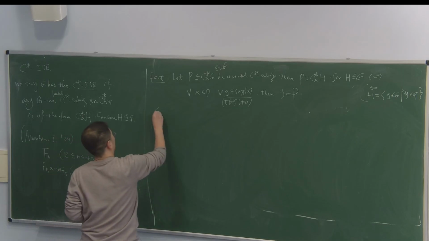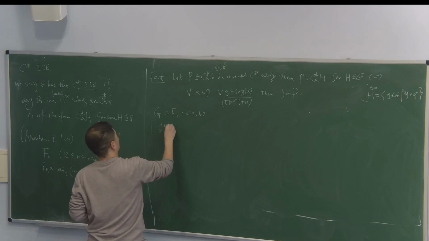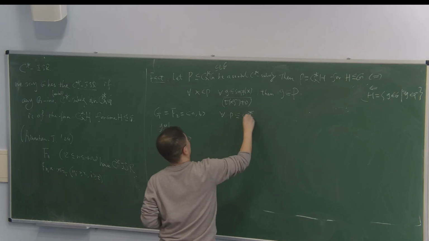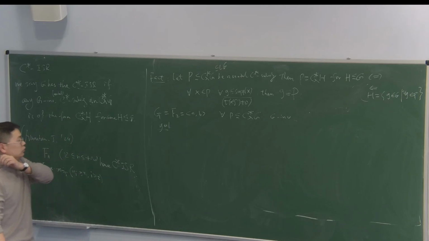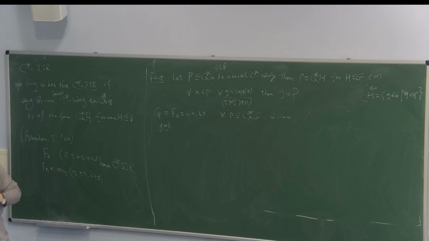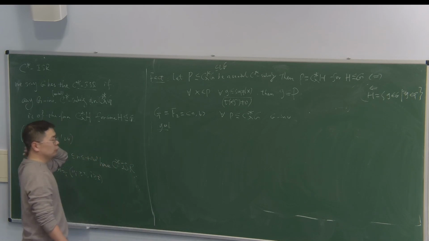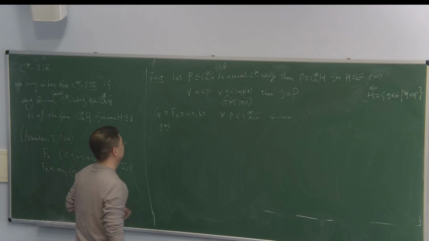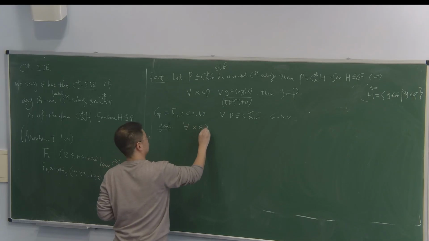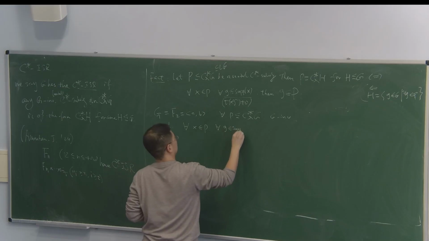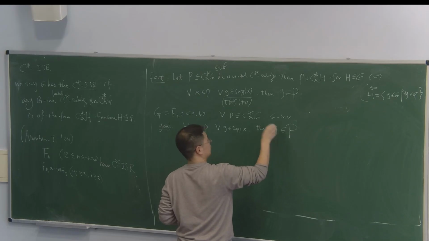So now let's write G to be F2, generated by a and b. The goal is to show, say for P a G-invariant unital C-star subalgebra, the point is that we don't know how to show directly that there exists some conditional expectation onto P. So we have to find another way. Of course, the goal is to show for any x in P, for any g in the support of x, then u_g lies in P.